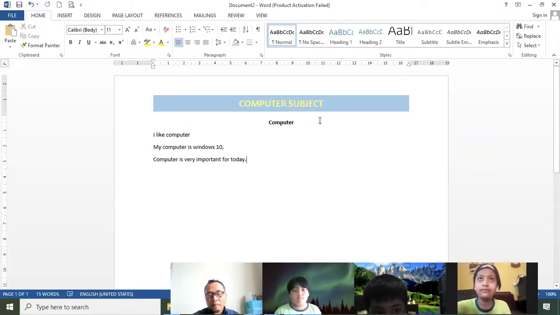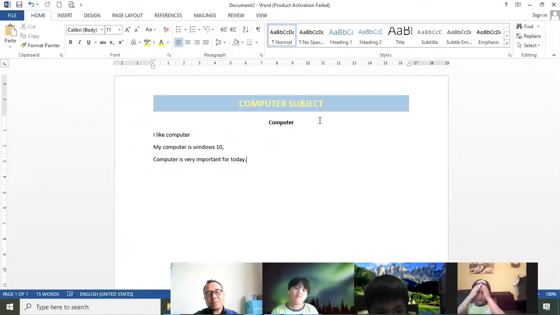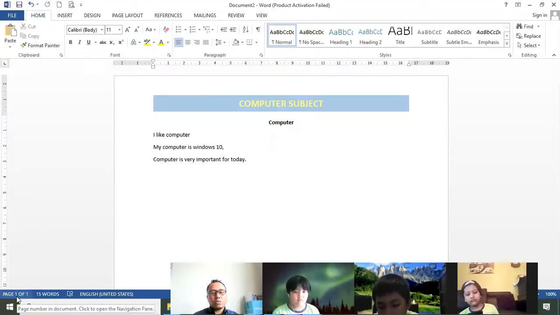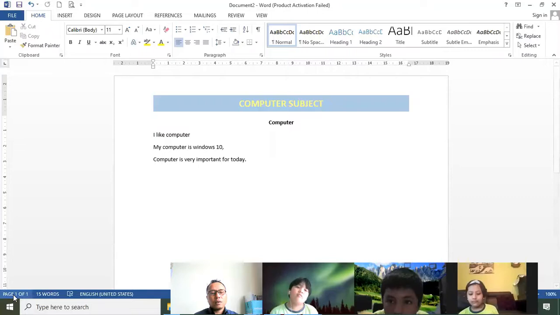Just now, the definition of header is the text that appears on the top margin in every page. In every page, yes. For example, kid, what page is this, Aldiano? You can see this one. Page 1 of 1, sir. Okay, page 1 of 1.